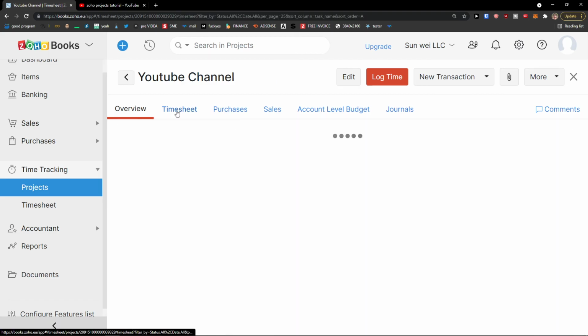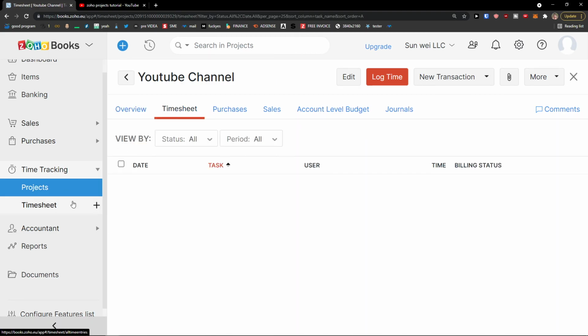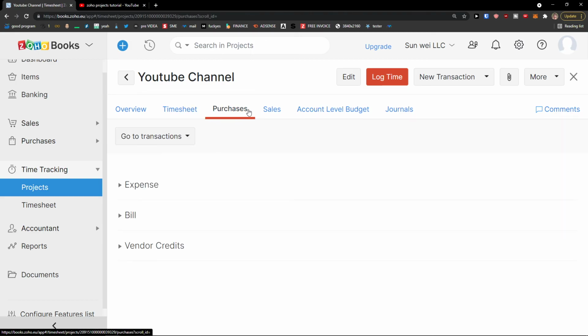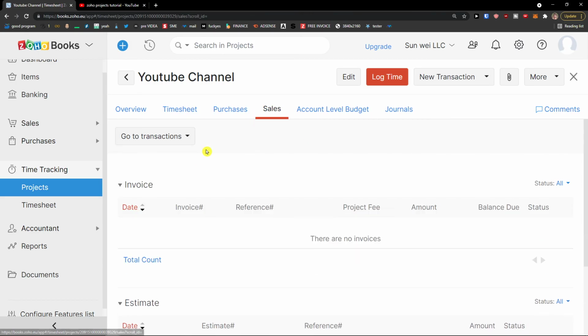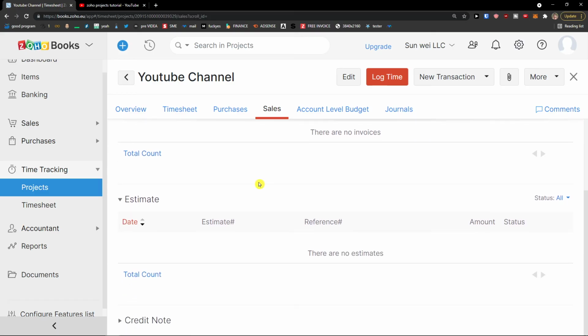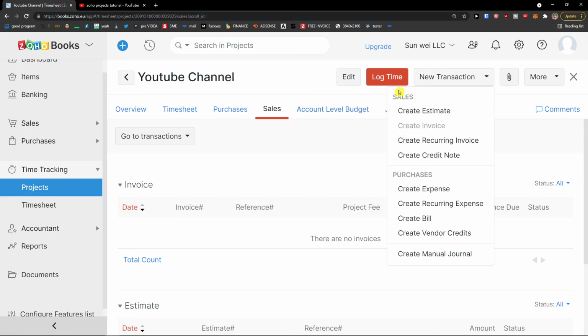I can add simply timesheets. This is the same, and under the timesheets, purchases, and I can add expenses, sales, I can add the invoices. And as you can see, I can create the estimate here. I can create recurring invoice, credit note, create expense directly for this project. So I would find it also under sales in invoices, but I could simply create a recurring invoice or expense